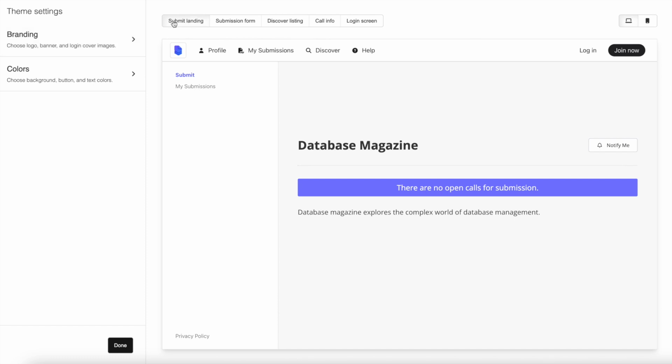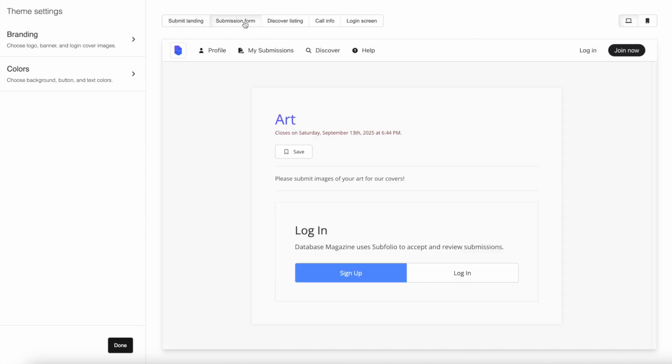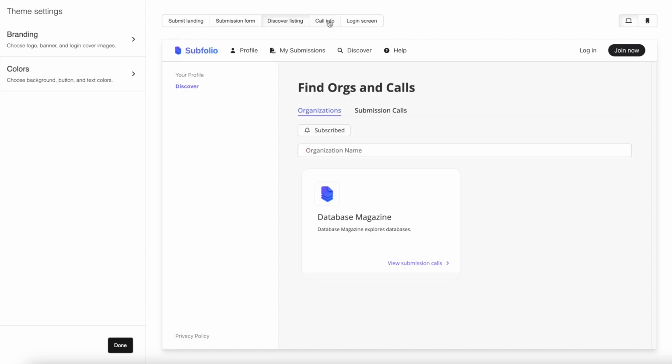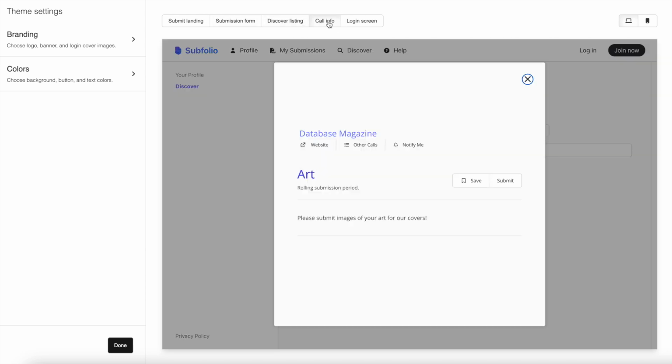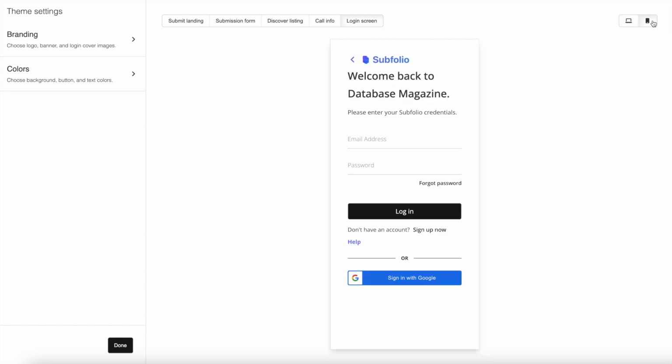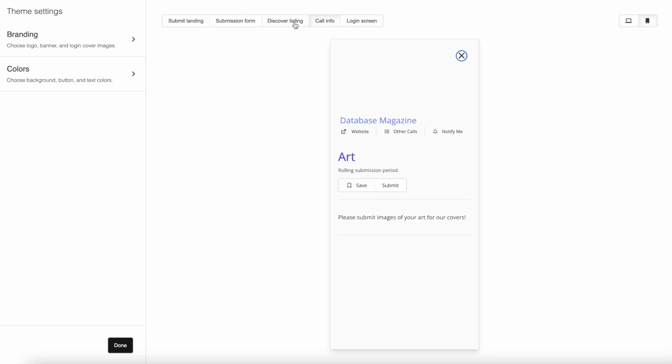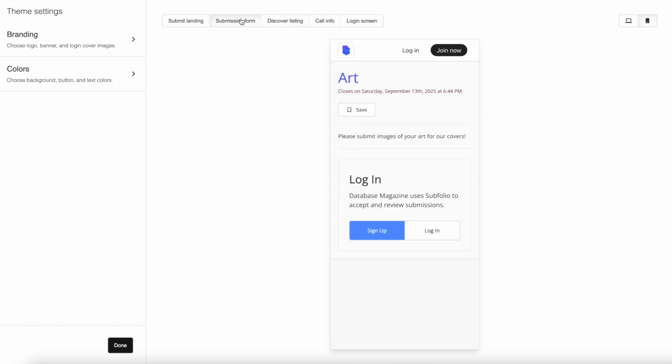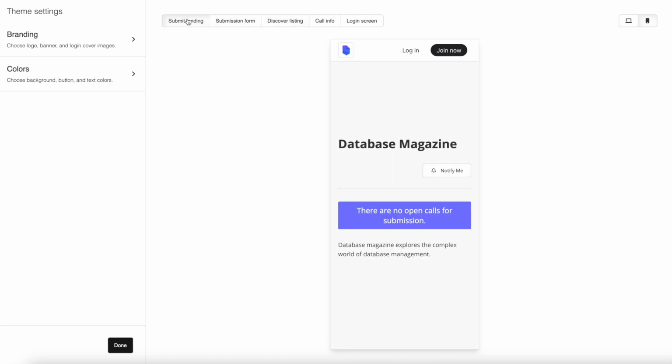We can also view the submit landing, a submission form, the Discover listing, a call info modal, and the login screen. We can also view all of these on a laptop or on a phone. Here's the call info, Discover listing again, submission form, and submit landing, all on a phone. This theme editor lets us effectively view all of our changes on both laptop and phone before we make them